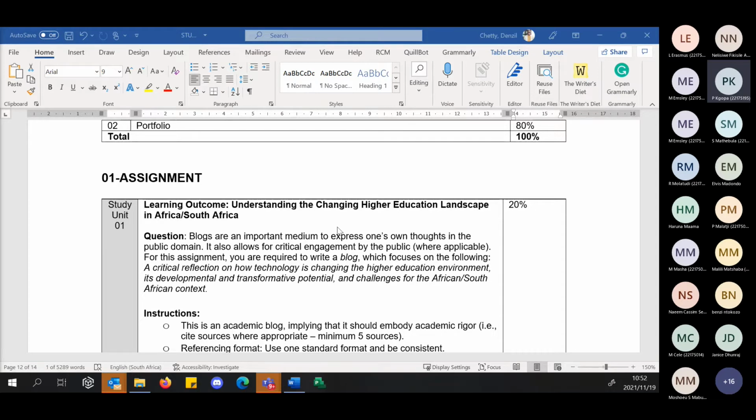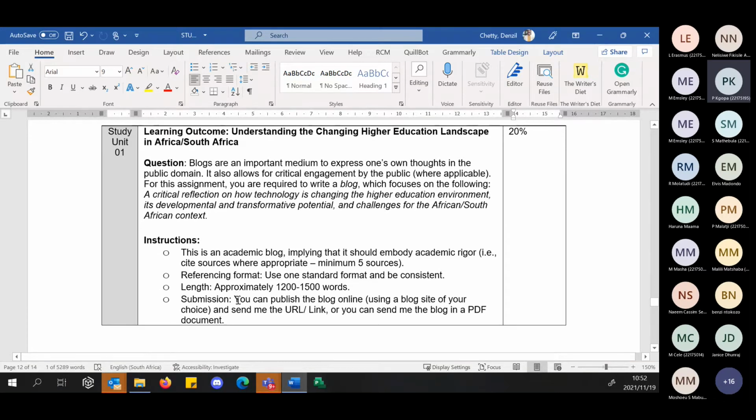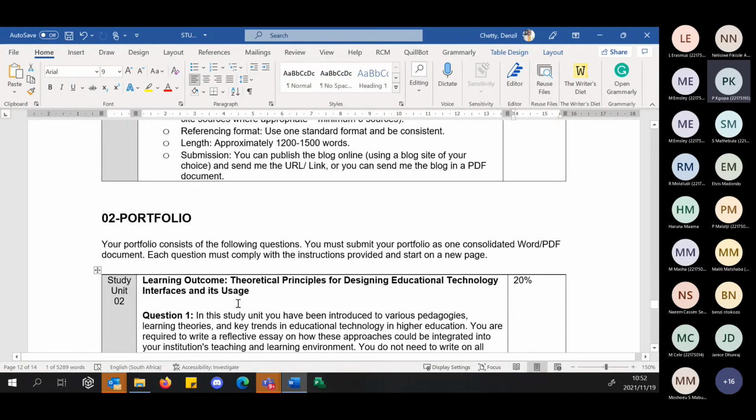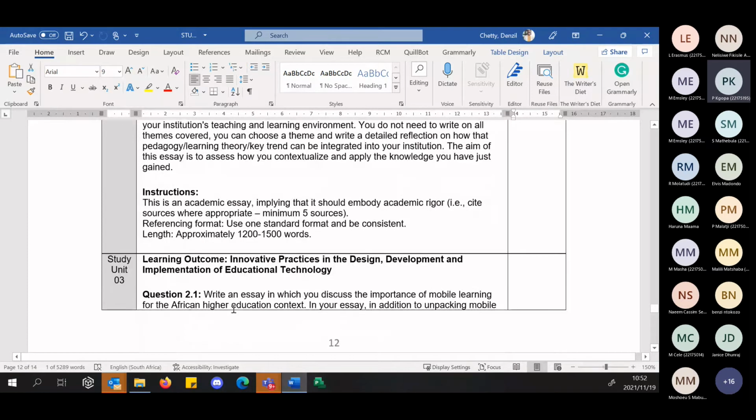Colleagues, anything else? It seems that we all have a very good understanding of what is required from us now. You also know what you need to put together. And as I said, I know this course had a lot of readings as part of it, and the readings were there simply to open our minds beyond this, and then to get us to engage some of the dominant voices in this space. It's a remarkable 4 weeks. 4 weeks went so fast, but we've actually been with each other for about 5 weeks.